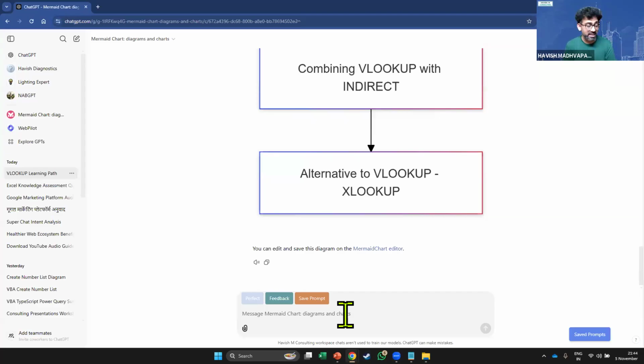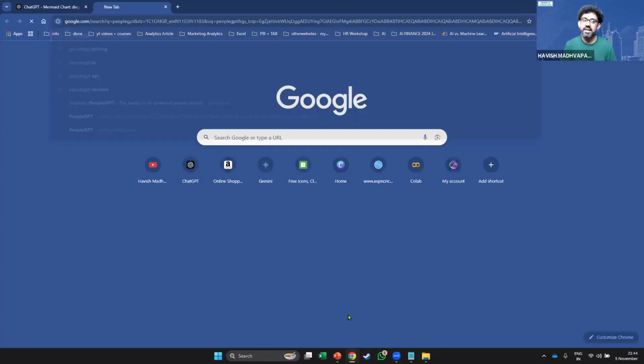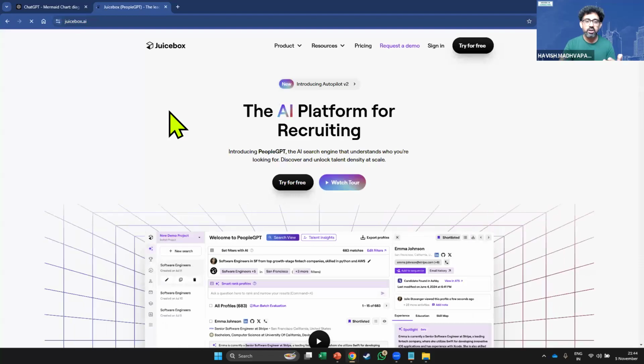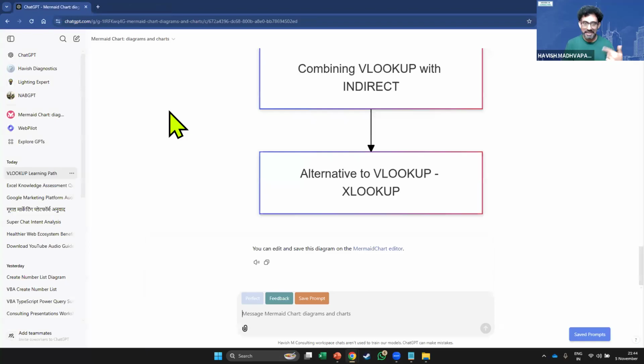Similarly, yes, I would not deny the fact that recruiters are becoming smarter. For example, now they're using something called People GPT. I'm helping deploy this for a few of my clients. People GPT allows you to recruit with context. It is not just a filter-based search like Naukri, where I say experience, location, skills, but the context of what the role actually requires. Even the screening of resumes, we are doing all of that on GPT now. So yes, recruiters are also changing their game.